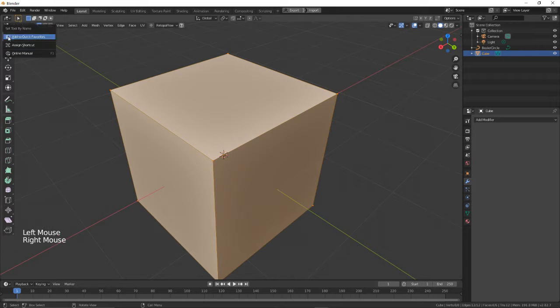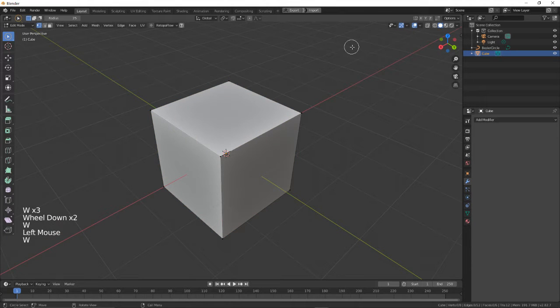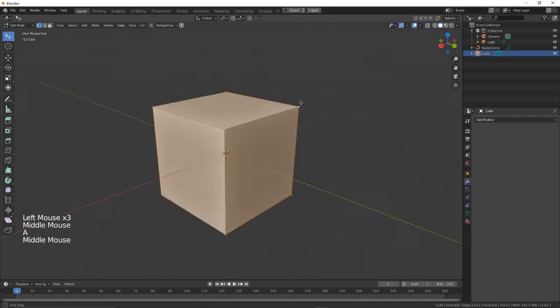Personally, I just use the selection tool, and by pressing W, I can change the different selection modes. So you can see that there's Box Select, and then there's just regular select. Anyway,